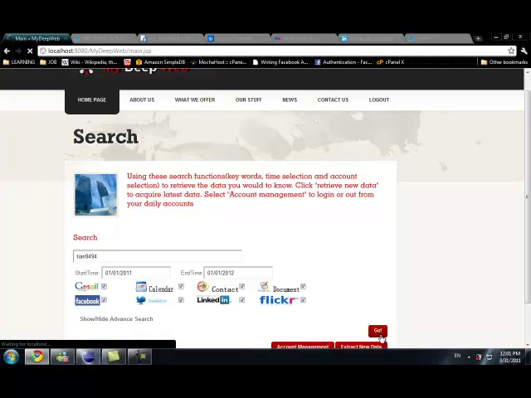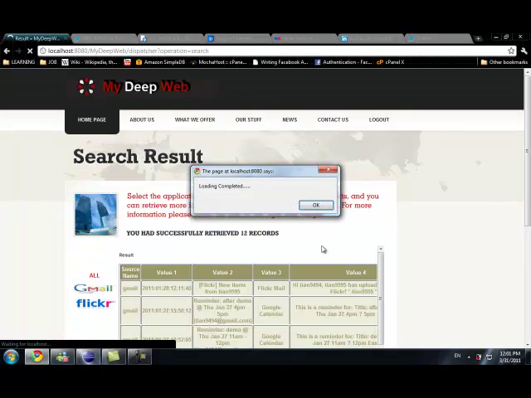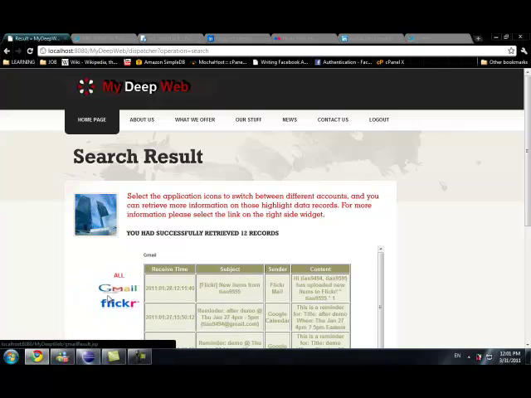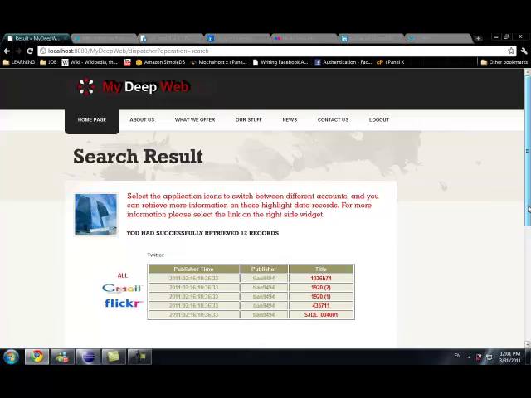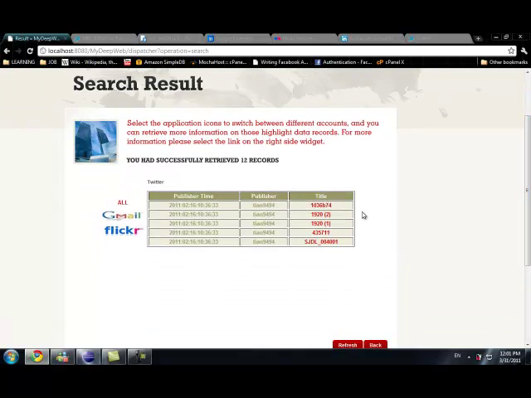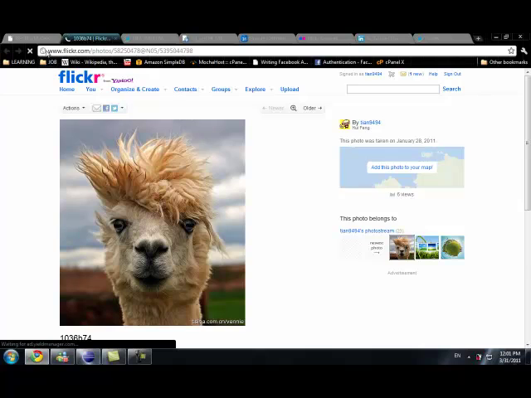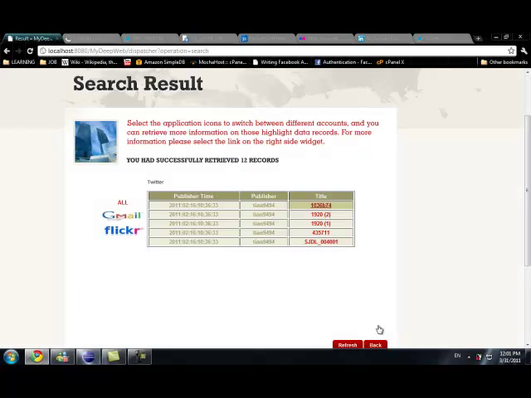Start the search. We got two different categories of pictures, and by clicking the link, we could see the particular pictures.